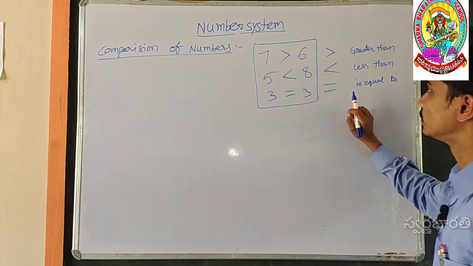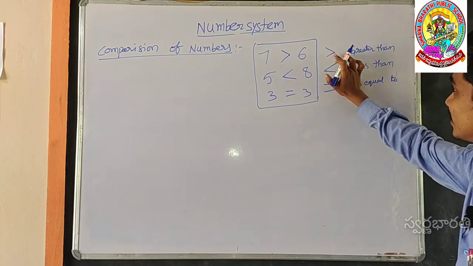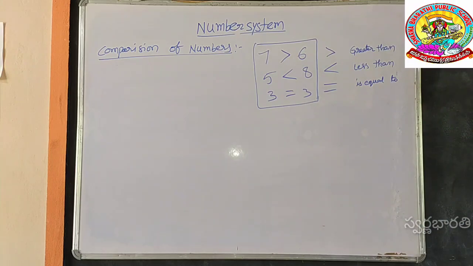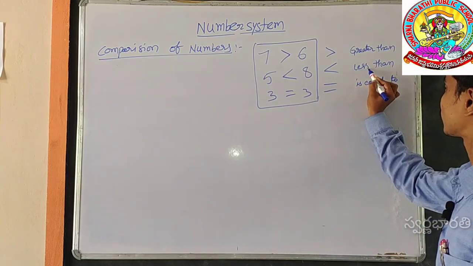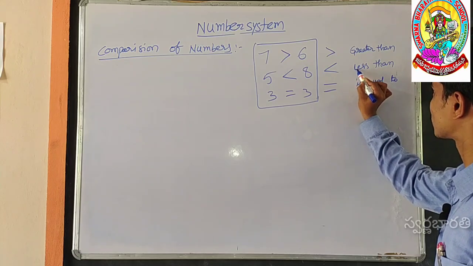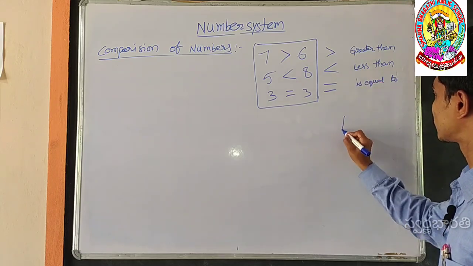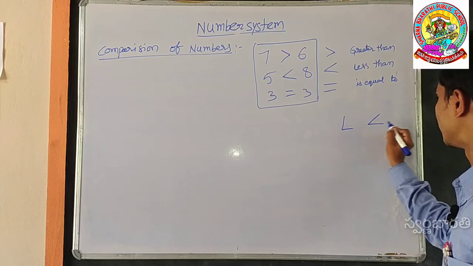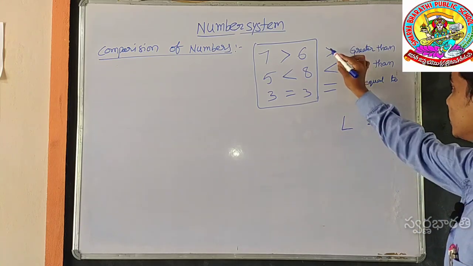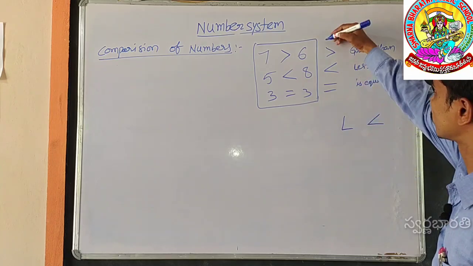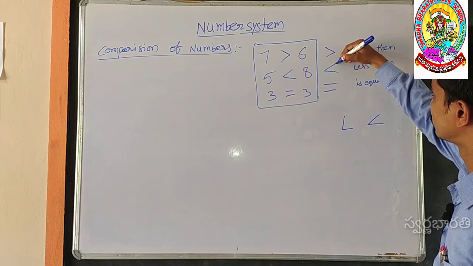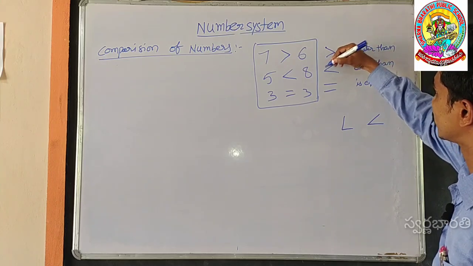Some students are confused about which is greater than and which is less than. So simply try to remember: in less than, once observe the symbol and the letter L are also the same. So that's why the less than symbol is just like a bent L. You can easily remember. Next one, actually these two symbols consist of one open ended part and another closed ended part.